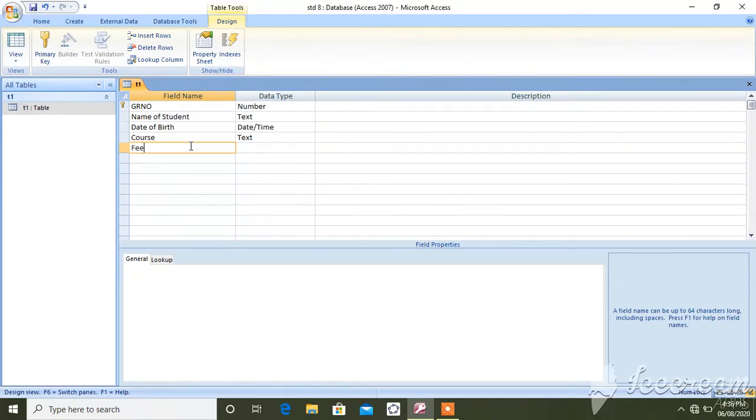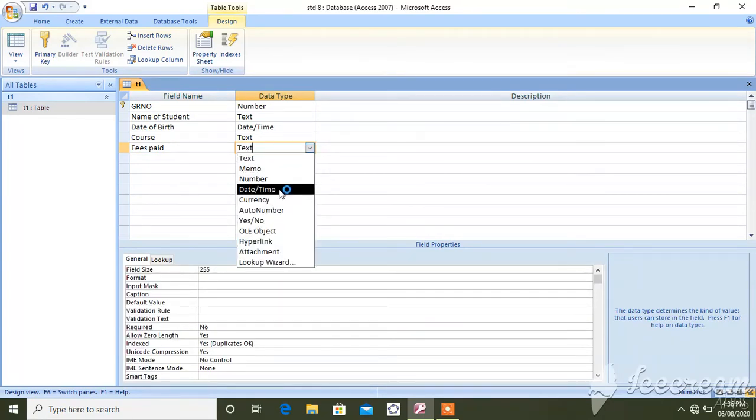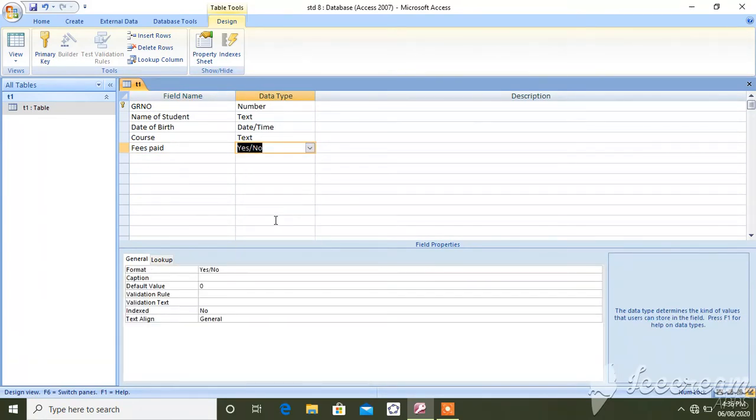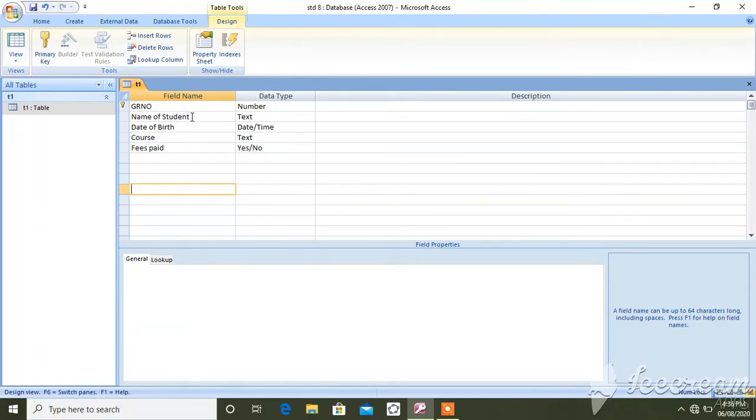Fees paid, this field is of yes/no type, whether she or he paid or not. So we design this table in the design view, okay, where we set the data types and field name of that table. Okay, all these about the design view.